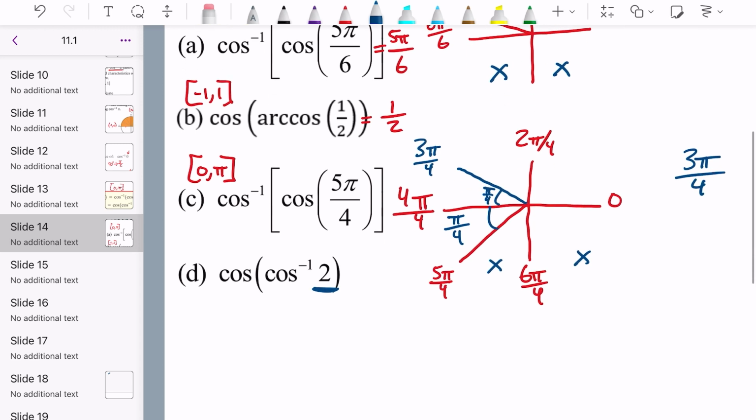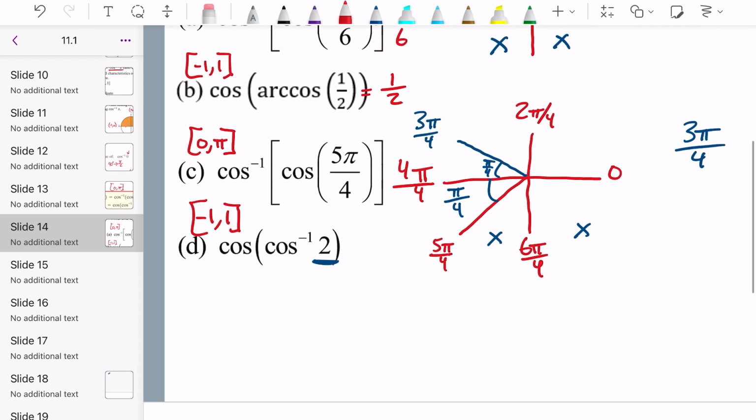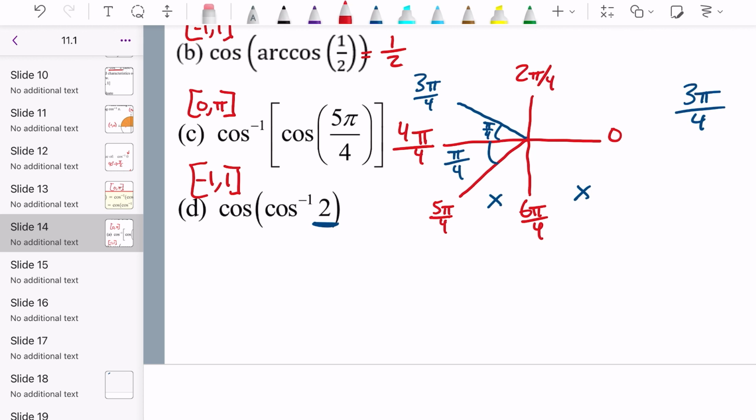Let's take a look at our last problem. Here we have cosine. For cosine, remember, we are between -1 and we go up to 1. Now the value of 2 is outside of our range, but we also have to keep in mind the unit circle itself. As we take a look at the unit circle itself,